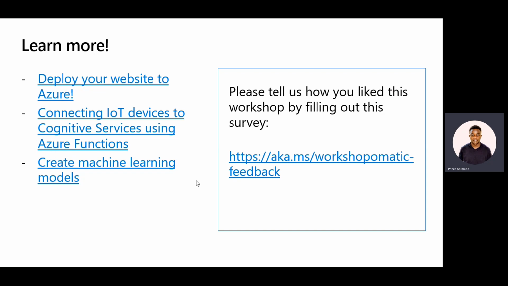For creating machine learning modules and all that. So this workshop can be found, and also try to go to this URL, aka.ms/workshop